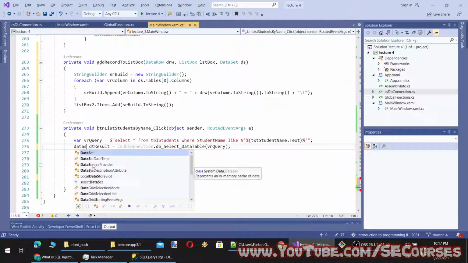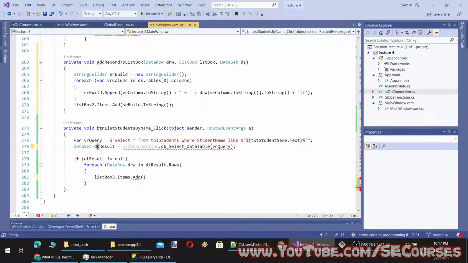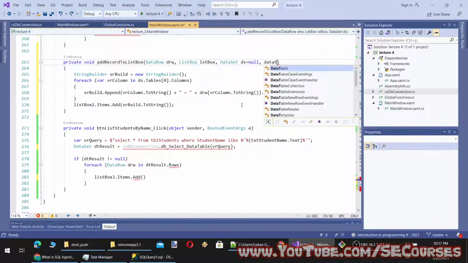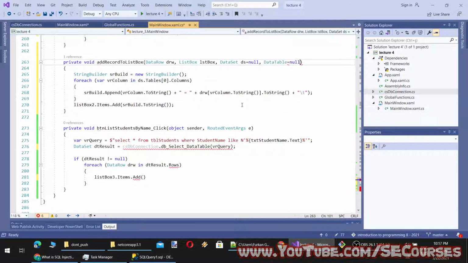So let's use data sets instead of data table, or we can make this overloaded such as equal to null and data table equal to null.